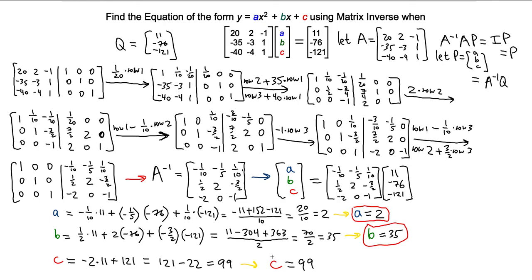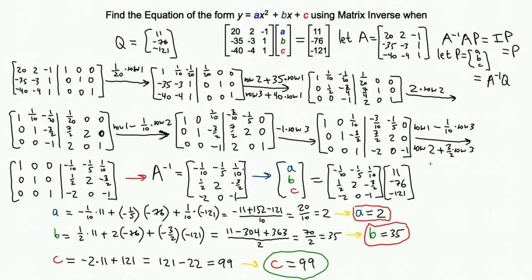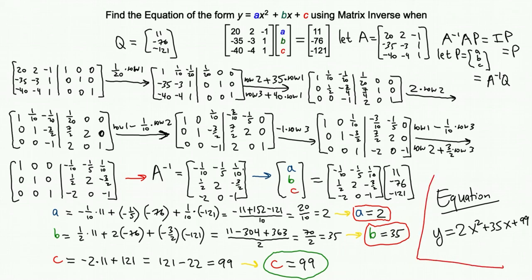All right. So as a result, the equation that we need is going to be this. Y is equal to ax squared plus bx plus c, right? A is equal to 2. B is 35. And then C is 99. Okay, so this is your answer to the